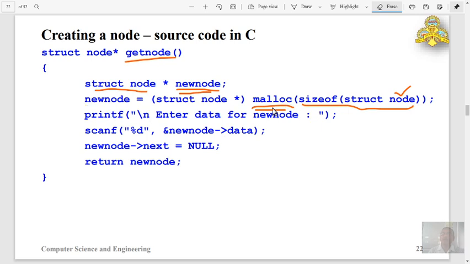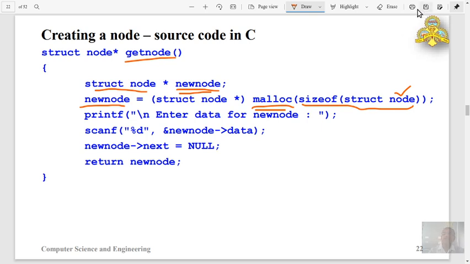But malloc returns a normal base address of the memory location, and new node is declared as struct node. So C language is a highly typed language, so the type of the value and the type of the variable must be matched.